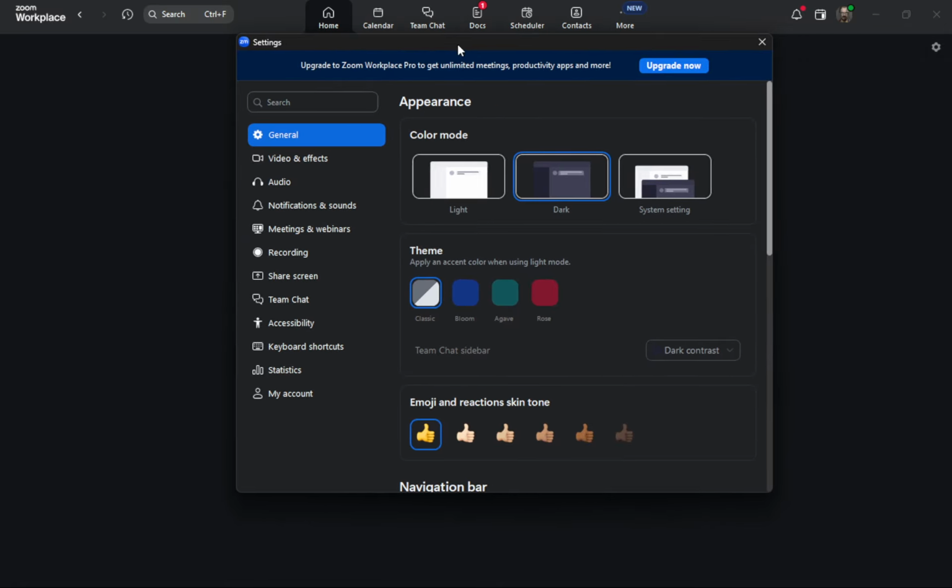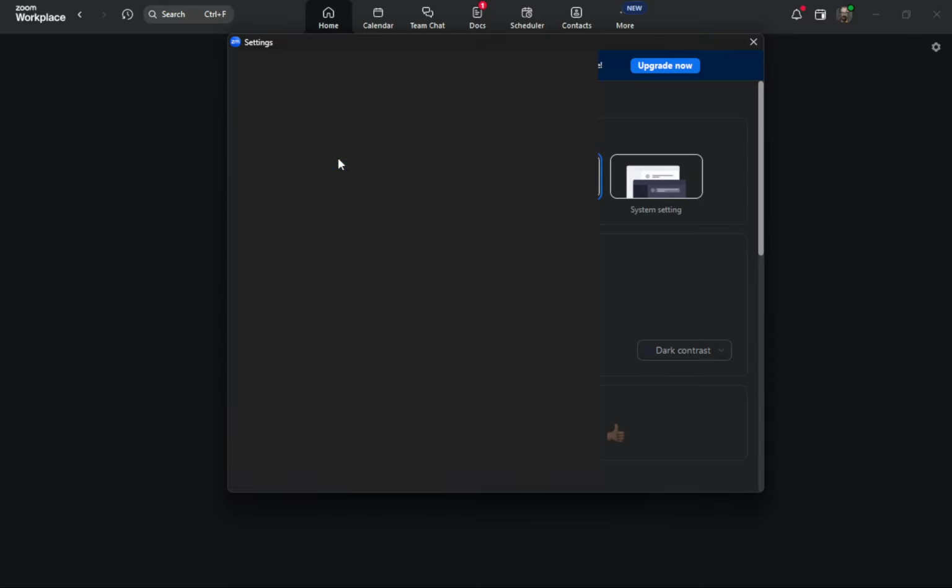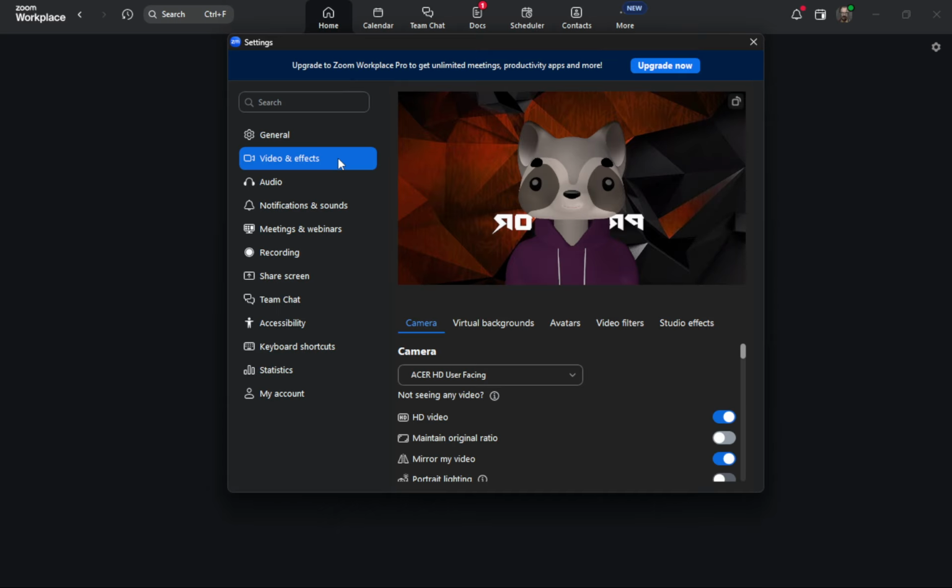In the Settings menu, you'll see various tabs on the left-hand side. What we're looking for today is the Video tab. In some versions of Zoom, this might be labeled as Video and Effects, so if that's what you see, don't be thrown off. Click on this tab, and you'll be taken to a new section where you can see all